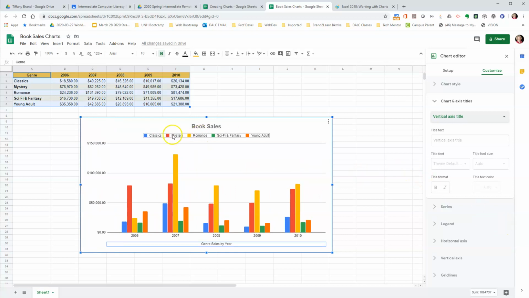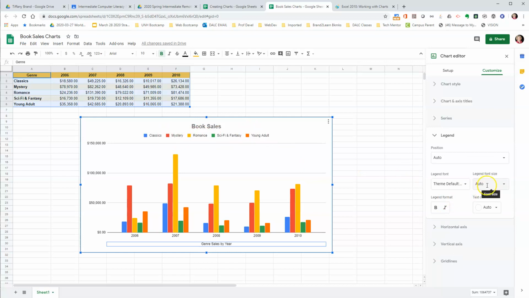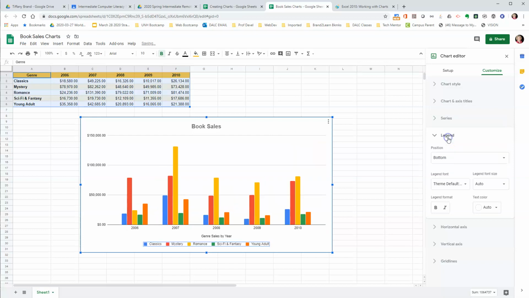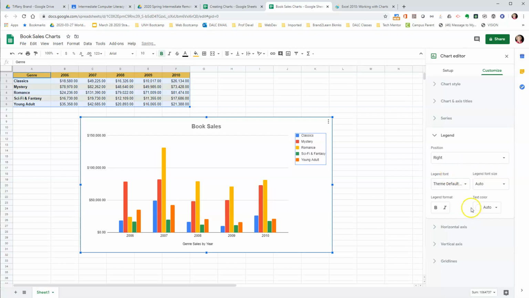to change. This area here is called the legend. So right now the legend is located up at the top. You can change the position if you want it on a different spot. You could put it on the right or the bottom. I'm gonna leave it on the right. So you can move things around, and I encourage you to play around with these different settings to see what